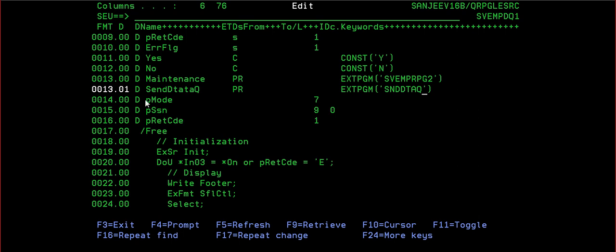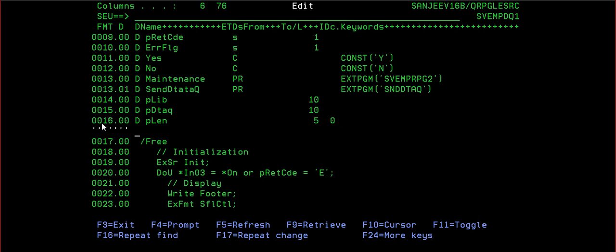Send data queue has how many parameters? P lib, library. P DTAQ, data queue name. P length. The library name will be 10 length, the data queue name will also be 10, and the length will be 5 numeric. And P DTA, data, I can keep 50, right?